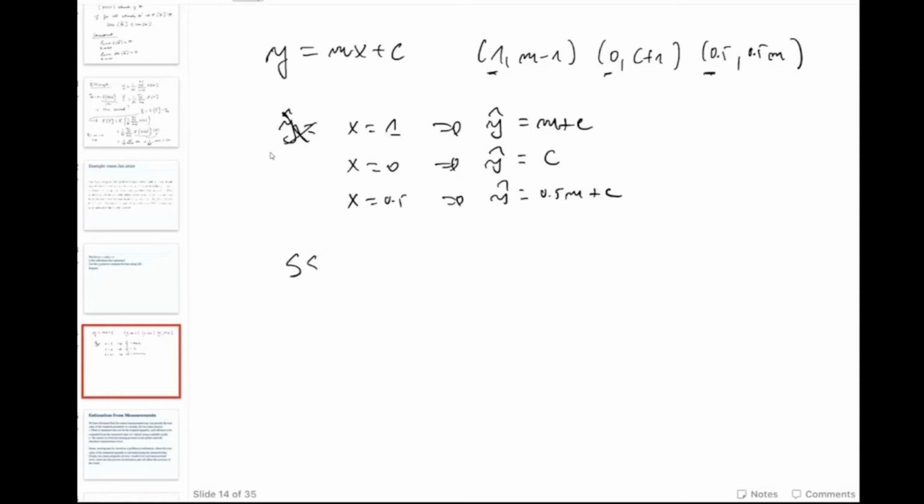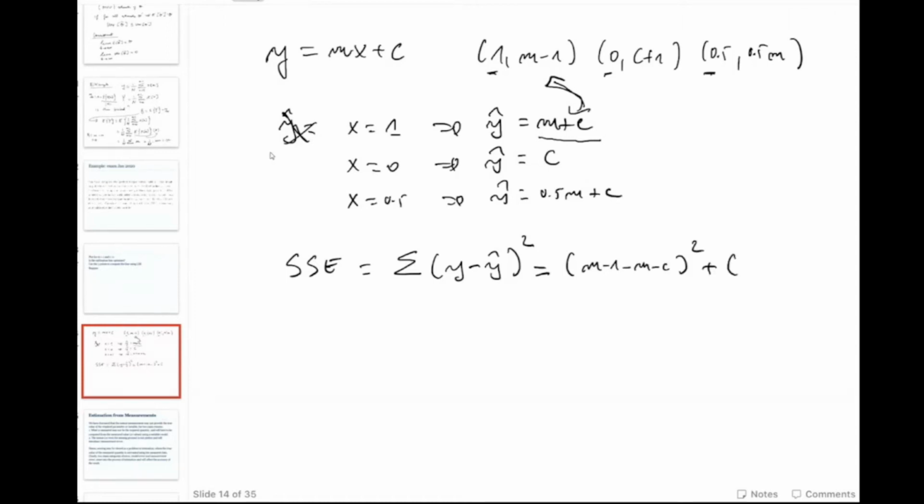Now, what will be the sum of square error? The sum of square error is defined as the sum. You can divide by n as well if you want to, but here we just look at the difference between the estimated value based on the model and our measurement. If we take the sum of all, what we get is m plus c minus m minus 1, which is m plus c minus m minus 1 minus c, squared, plus c plus 1 minus c, squared, plus